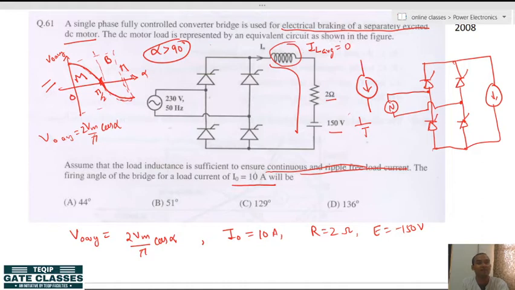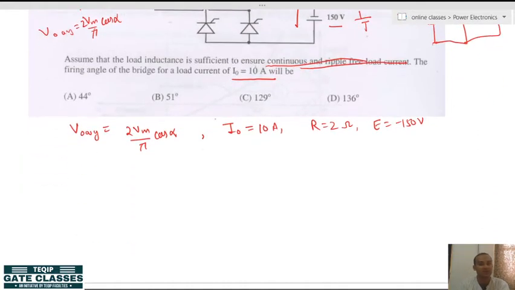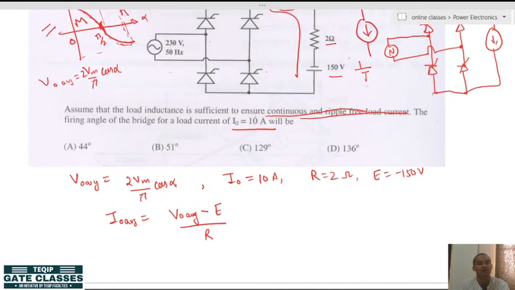The average current across the inductor is always 0. So, that is why we are not taking that. It means that if you want to calculate the average output current, it must be the average output voltage minus E, divided by R. Alright. What should be the average output current?